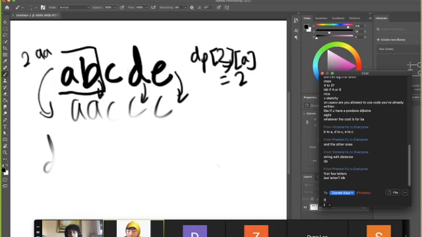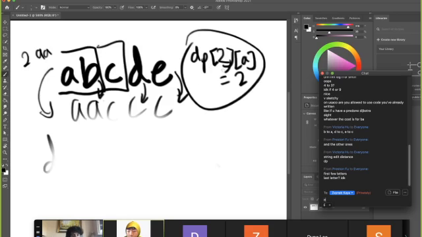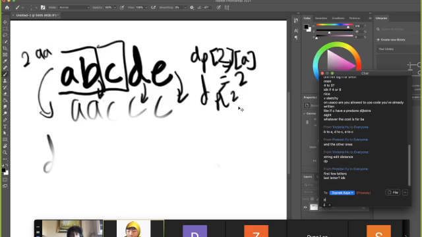Okay, let's say we want to extend this to C. So how do we use dp2a equals 2? Let's just say dp2a is equal to 2. The idea here is that we know this streak already ends with a, so we can either add this guy to an existing streak, or, well,